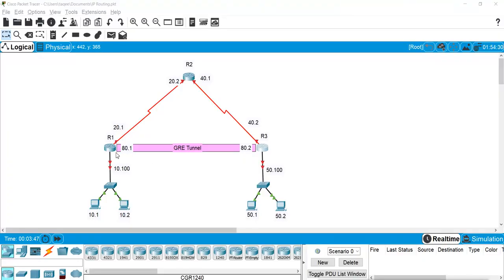So this is my design. I have routers 1, 2 and 3. This 1 to 2 to 3 we can assume is an internet connection, which is connecting two different sites, site 1 and site 2. Site 1 has router 1, and site 2 has router 3. Now we are going to create this encapsulation tunnel between router 1 and router 3, which connects them directly, but in reality it goes through router 2, through this internet connection. So first I will configure these routers with IP addresses. First I'll go to router 1.